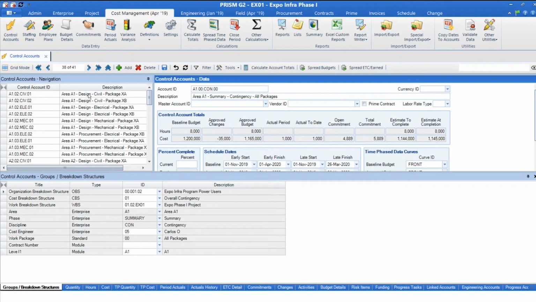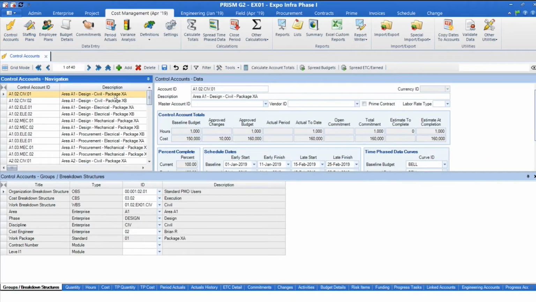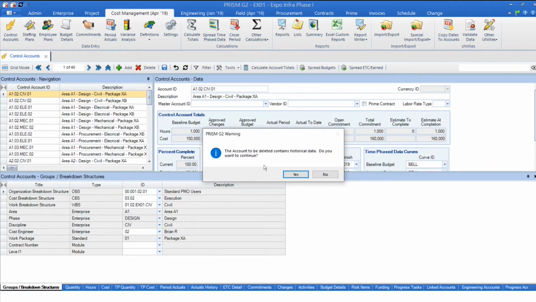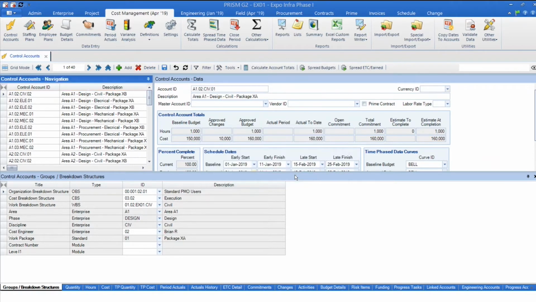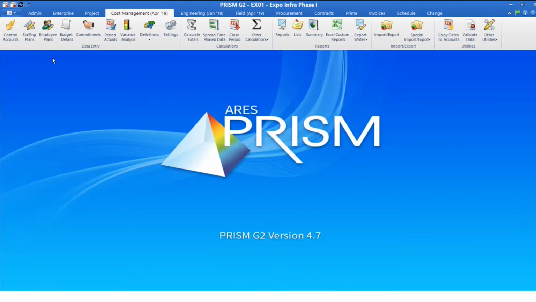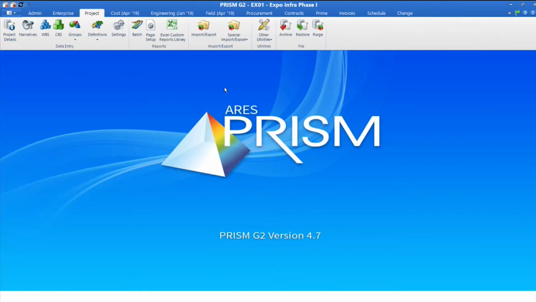I'm going to delete this first one, Area 1 Design Civil Package XA, civ.01. Let's delete it. Even though I got this warning, I didn't care and I still deleted it. Okay, so it's not there anymore. Now let us explore how to restore. So project, restore,